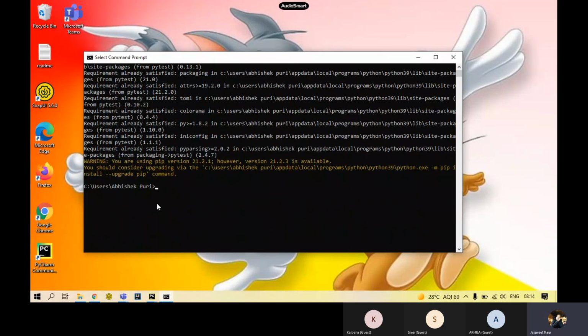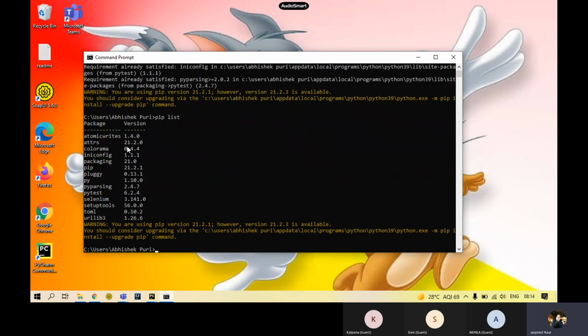Whenever we install packages using the package manager, we can also see a full list of which packages are installed so far by using the command pip list. It will show you all the packages that you have installed in the form of a list, along with the versions that you have used. Over here, we installed Selenium earlier.